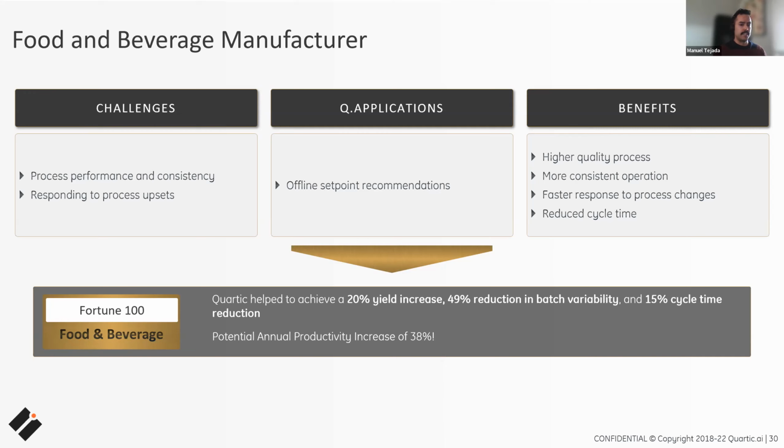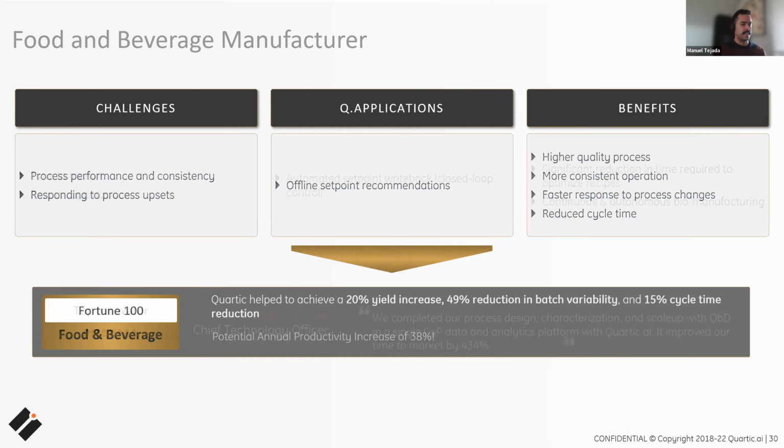Now, additional benefits resulting from improving the process was a 16% reduction in cycle time, which increased the manufacturing capacity at our facility because the step that was tackled was the bottleneck. Combining the overall improvement in yield and this increase in potential capacity, we're looking at a potential annual productivity increase of 38%. And I'll reiterate, this was all done with offline set point recommendations, no changes to the existing OT infrastructure. We're manually extracting data and manually writing those set points back to the controllers.